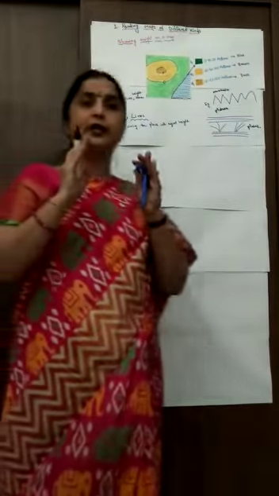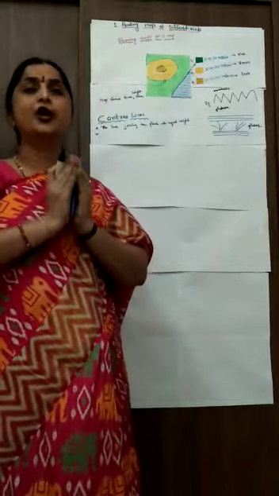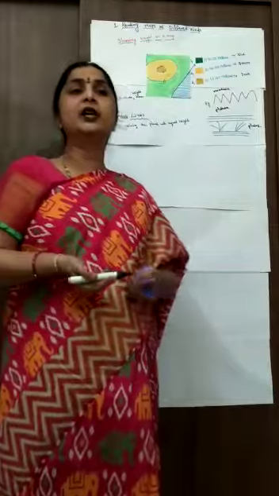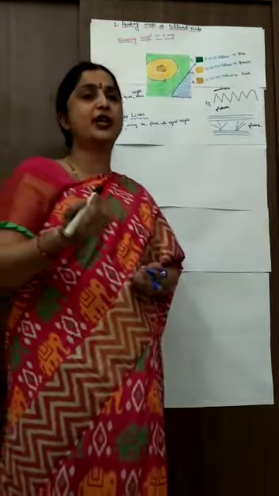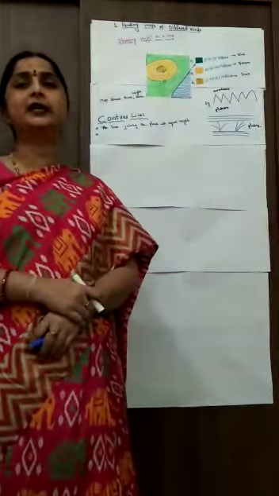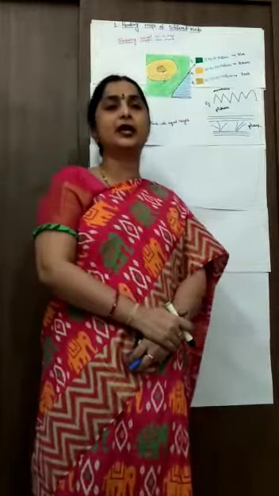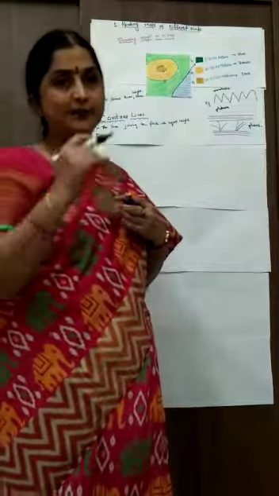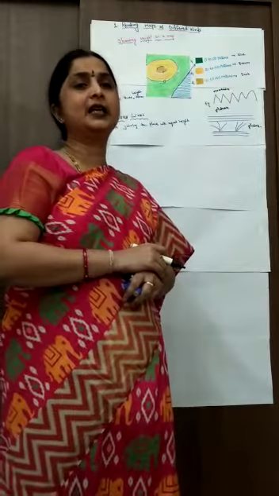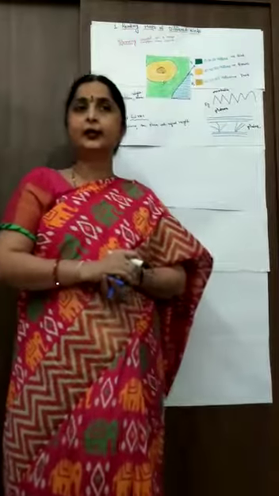Just remember about the contour line: a line joining the places with equal height. Contour lines are shown in irregular shapes depending upon the landform. These lines cannot cut each other. The distance between two contour lines will depend upon the land slope. If the land has a steep climb, then the contour lines will come close to each other. Any doubt in this? No.